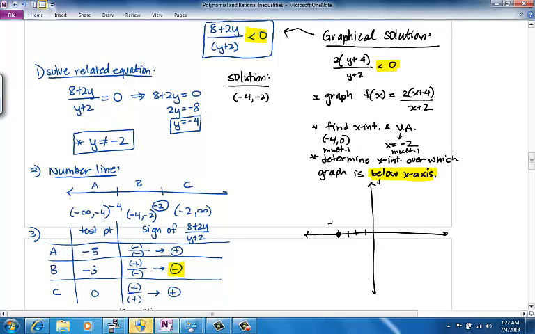So here's our -4, 0, and then x equals -2. We've got an asymptote. We can also see that, let's see, we need a place to get started with our points, something that's not on the x-axis. If we plug in x equals 0, say, we'll have 8 over 2, which means we'll have a positive value, +4. We don't really care that it's 4, but